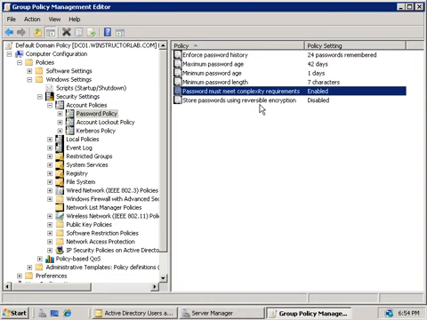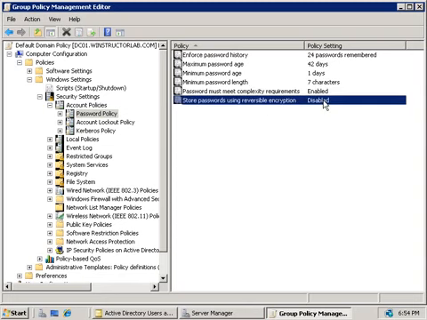But if you have older applications that require knowledge of users' passwords for authentication purposes, you'll then need to enable this setting. And this policy will be required if you are using the Challenge Handshake Authentication Protocol through remote access or Internet Authentication Services, or if you're using Digest Authentication in IIS. Now, the default setting here is disabled, so just leave it as it is unless you absolutely need to turn